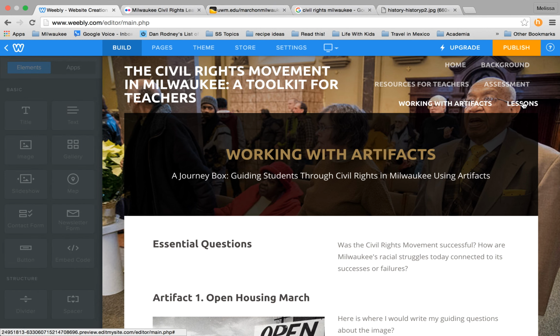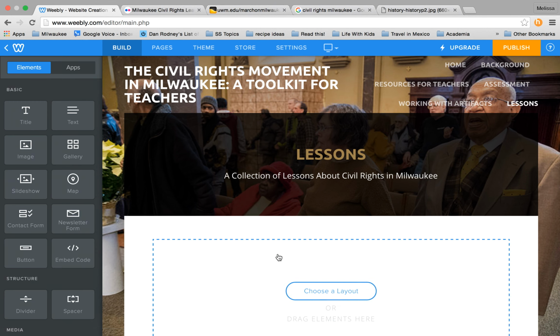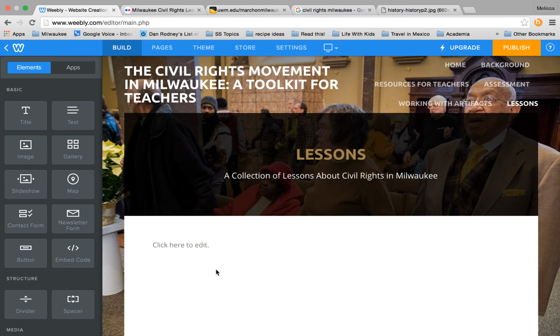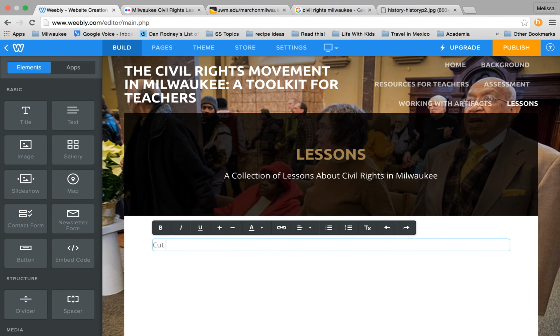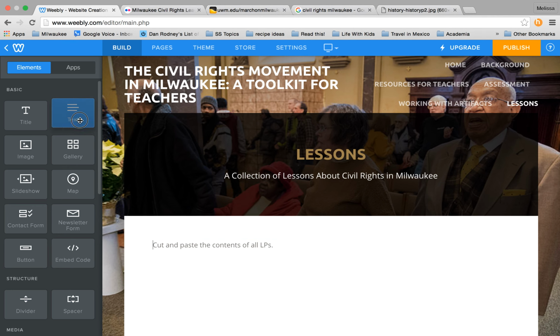Last but not least is the lesson page. Again, you can do a couple things. You can simply drag and drop a text box, cut and paste the contents of all lesson plans. I think that's your worst option here. Another option is I can